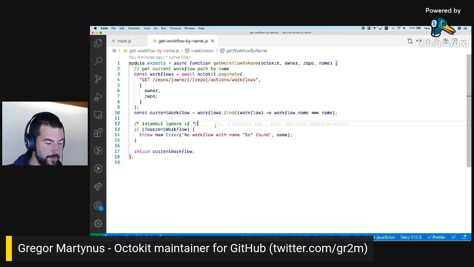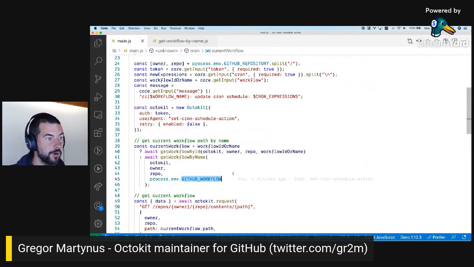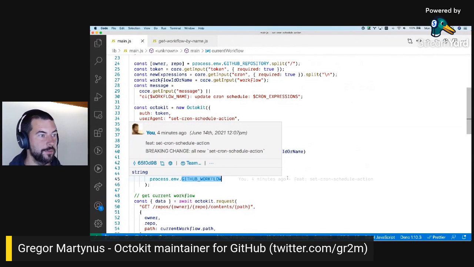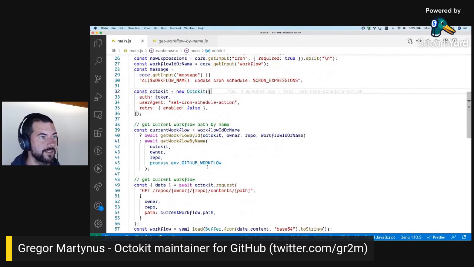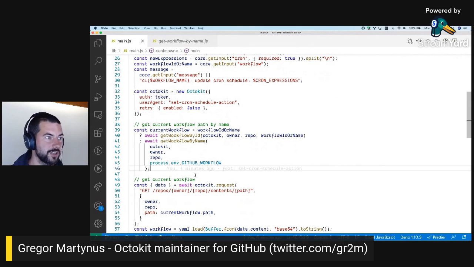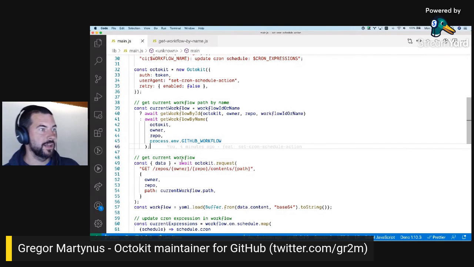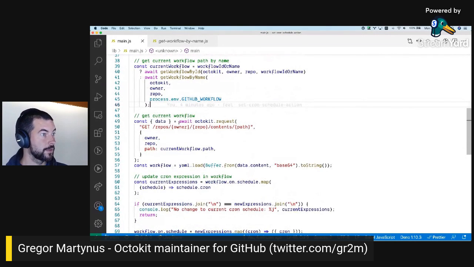The only environment variable we get for this is GITHUB_WORKFLOW, which is not the file name or the ID, but the name, which is not ideal because in theory, multiple workflow files can have the same name, but I consider this an edge case and I will not account for that here.